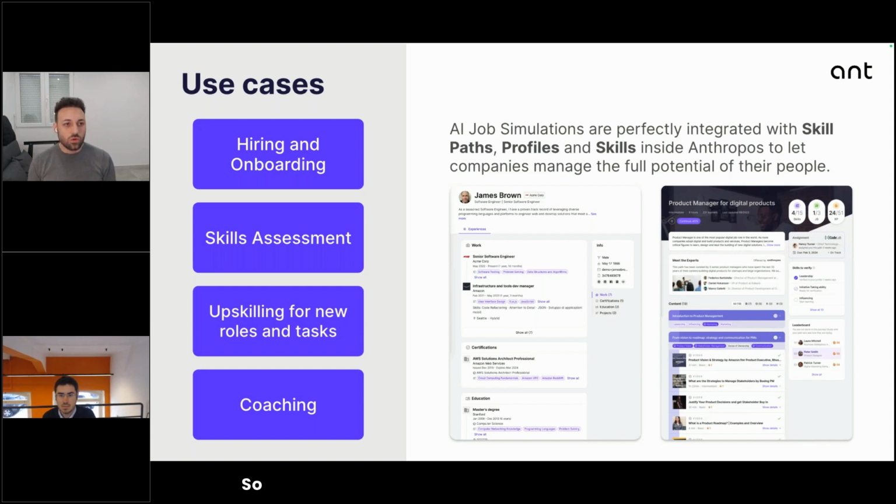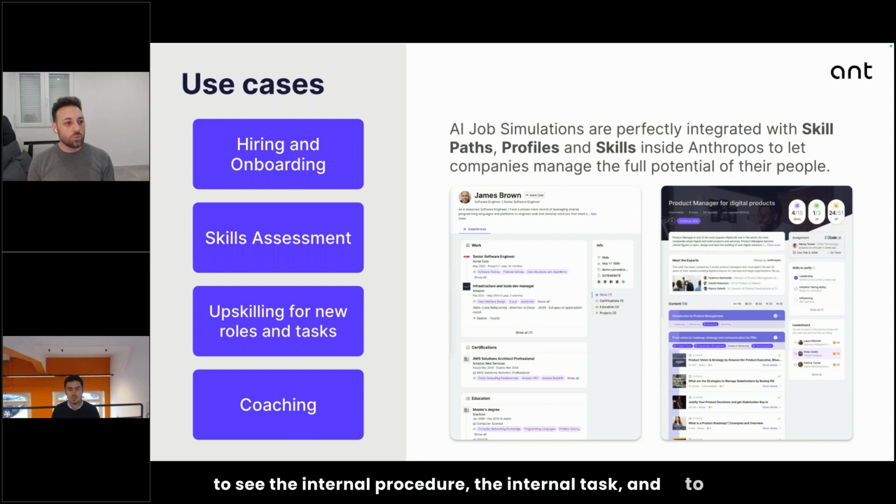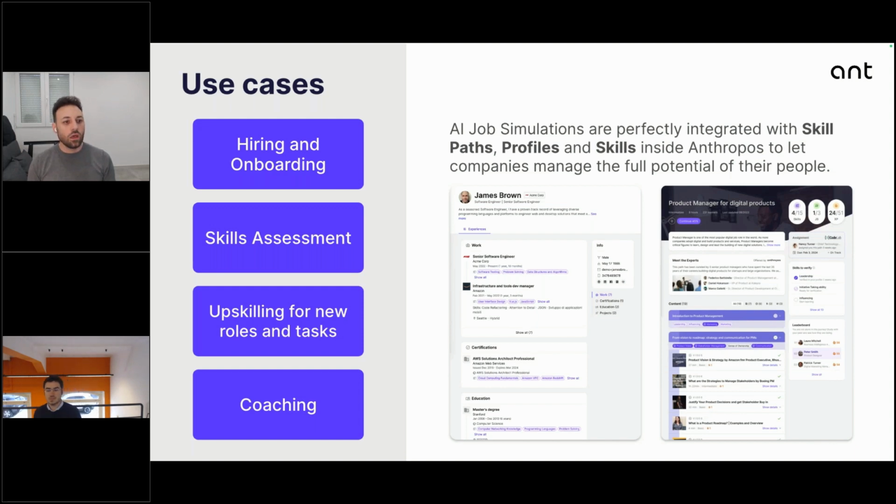On the onboarding side, the idea is that for junior people that are new in the company, we invite them to take a job simulation that will test them and help them see the internal procedures and internal tasks, to be ready to go on real projects. As I said before, we really see the value of a new kind of assessment using job simulation. The idea is really to test both skills, soft and hard skills,